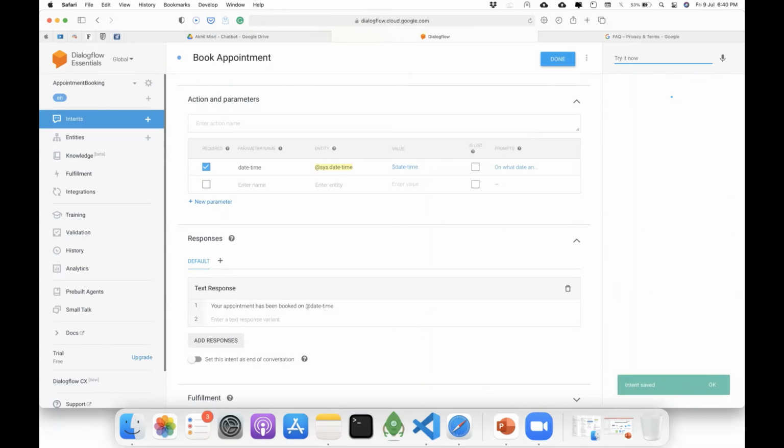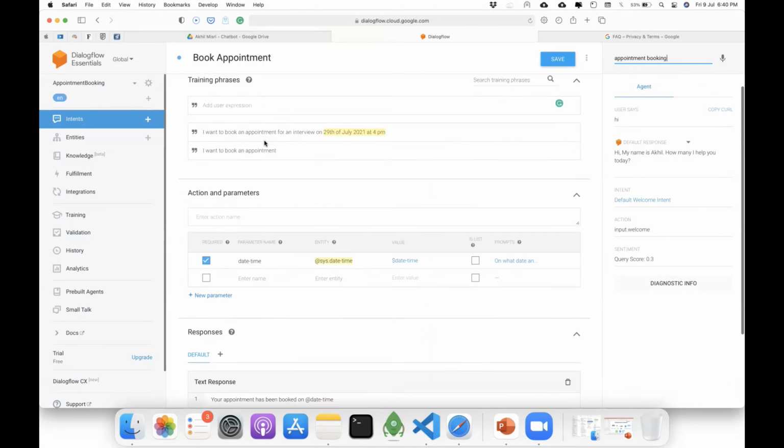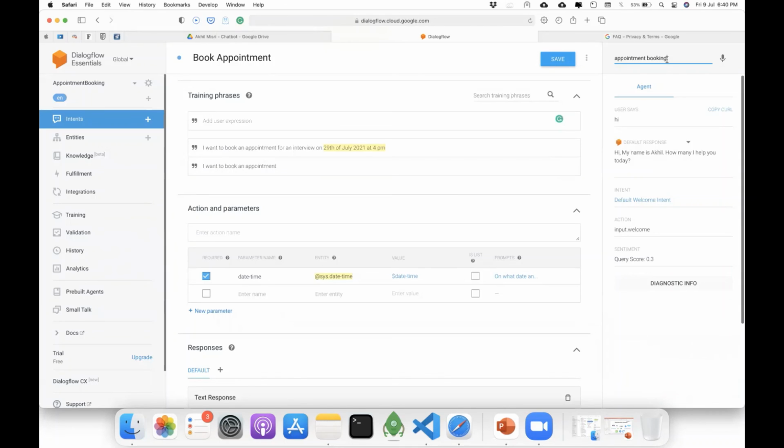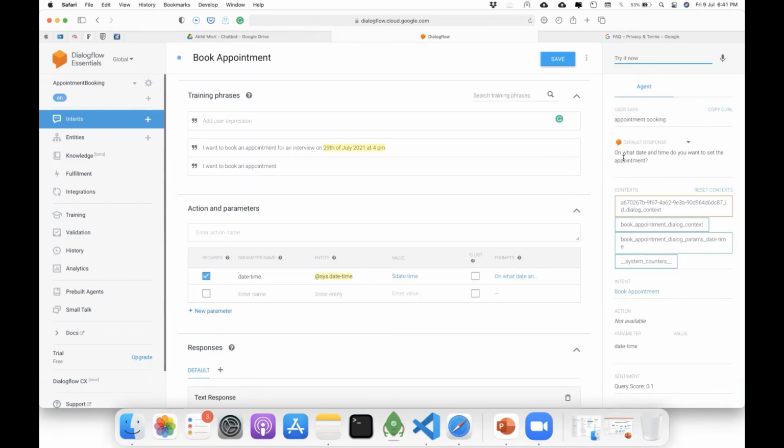So I say hi. I say appointment booking. So now notice I have not trained my chatbot for this intent with appointment booking. I have just trained it with I want to book an appointment, right? So if I type this, it already understood that I'm talking about booking an appointment, right?